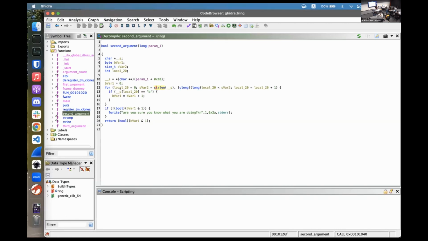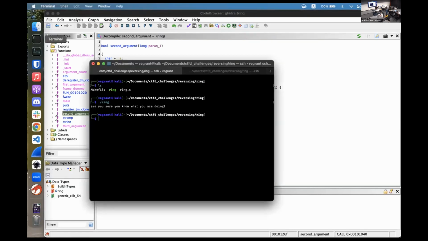So pretty much we have a for loop. We are iterating over the length of the string, and we check if the string has the letter B. If so, we add a count for how many B's we see, and the number of times we see B has to be, I think, with a remainder of 1. So I think it's not, you know what? I think for our purposes, we want to learn, right? I'll just print the source code. So that would be